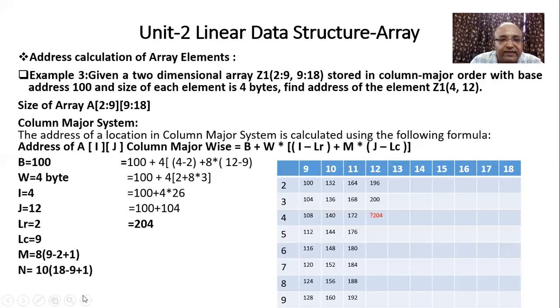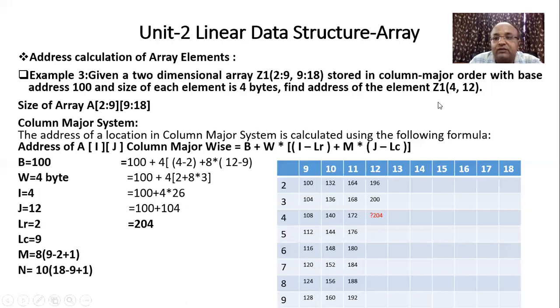Here first we are finding for the column major, because in the definition they are asking for column major. So all the elements, if you observe this table, the base address that is given to you is 100. Now each element occupies 4 bytes. Keep in mind that. So here you will write down 100, then after that 104, with a difference of 4 bytes at each location. 108, 112, 116, 120, 124, 128, 132, 136, 140, 144, 148, 152, 156, 160, like this.